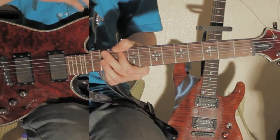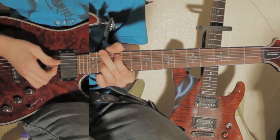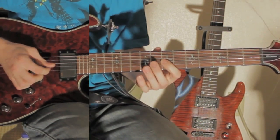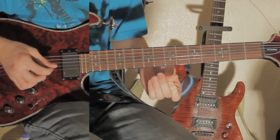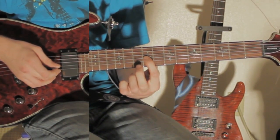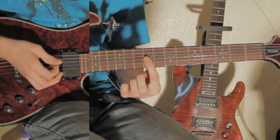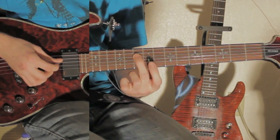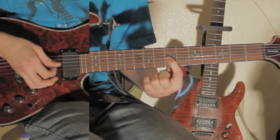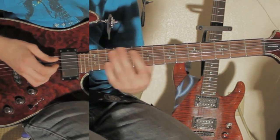Okay, it's going to do this 4 times, except every other time, the part where it does the slide right here, it's going to switch to this, and it's pretty close. They sound all really similar. All this is on the 3rd string, 9th fret. You're going to hammer onto the 10th fret and then back off to the 9. And then you're going to go to the next string, the 4th string, and hit the 10th fret. And then the 7th fret of the 3rd string. And then it goes back to the...